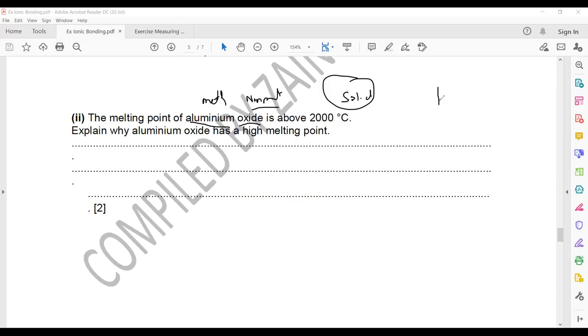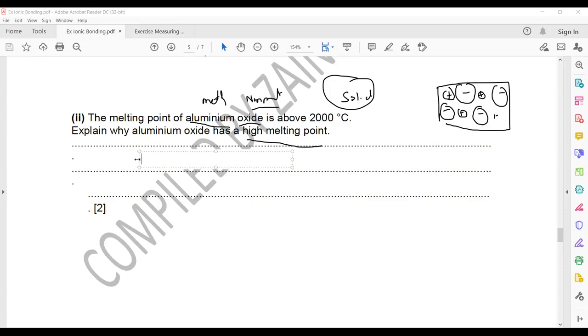So in aluminum oxide you have a lattice of positive and negative ions. So the question is, why does aluminum oxide have a high melting point? Again, the same reason as in the previous question: there's a strong ionic bond,